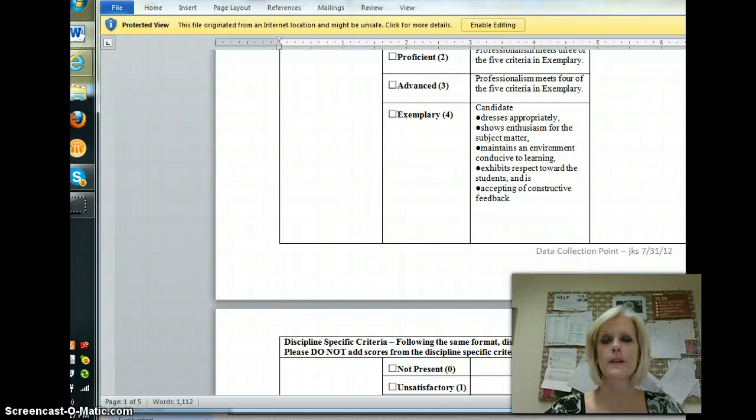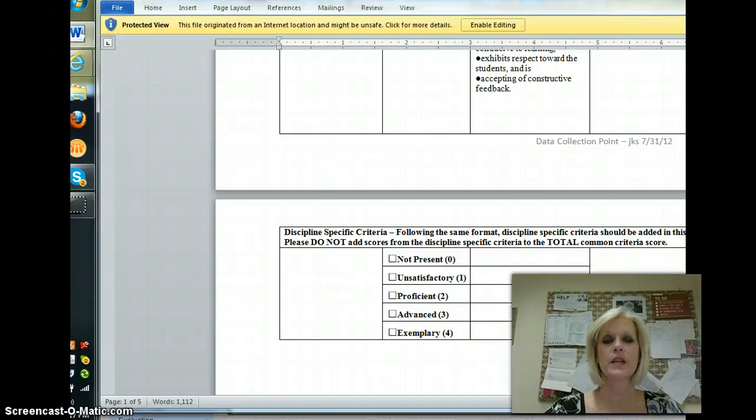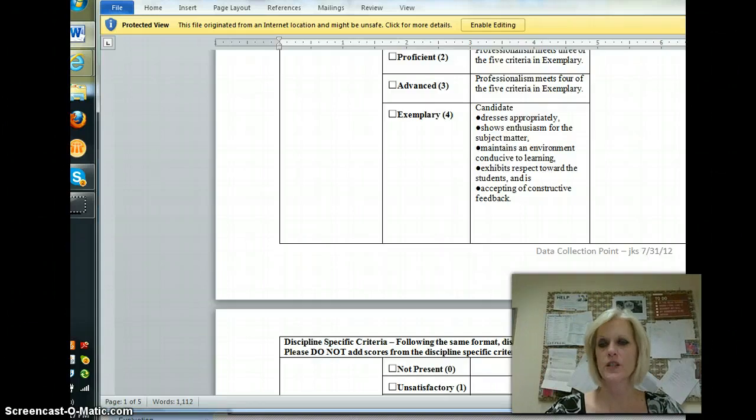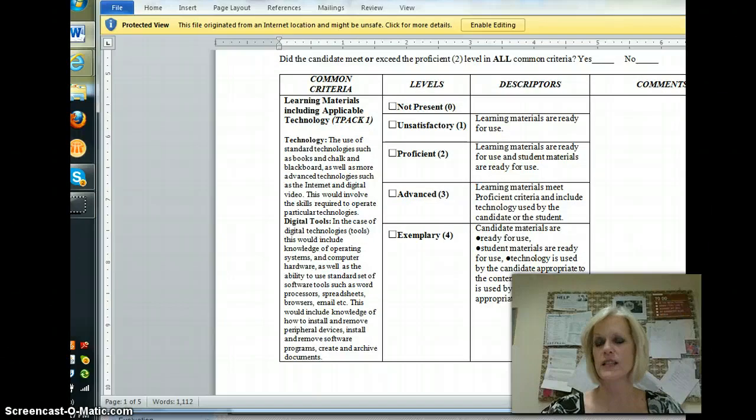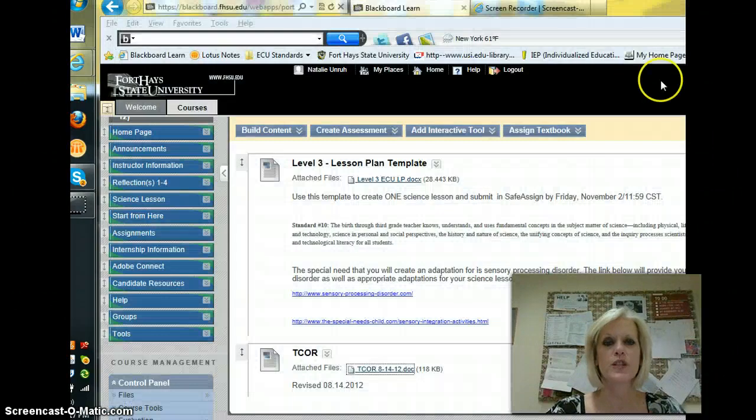So we get done. We have the behavior, the discipline, specific criteria, and we're going to see, was there behavior management, and then there's not descriptors, but this is not added into your overall score. If your mentor teacher would like to write comments, or if she would like to just do a running record like I do and just attach that, that's great. Just this is what I saw, this is what I didn't see. Any of that will be fine. So that's the T-Core. That's what you're trying to accomplish when you're teaching your lesson plan.